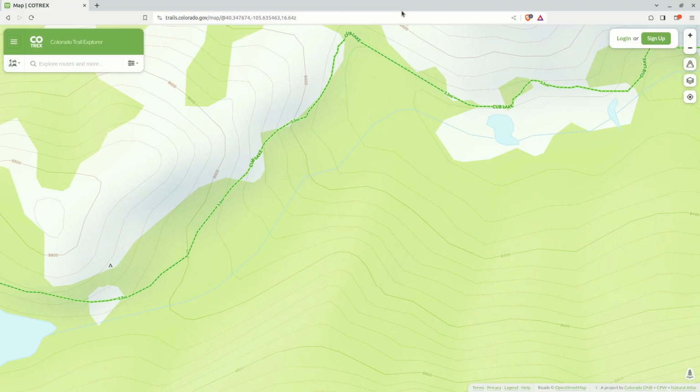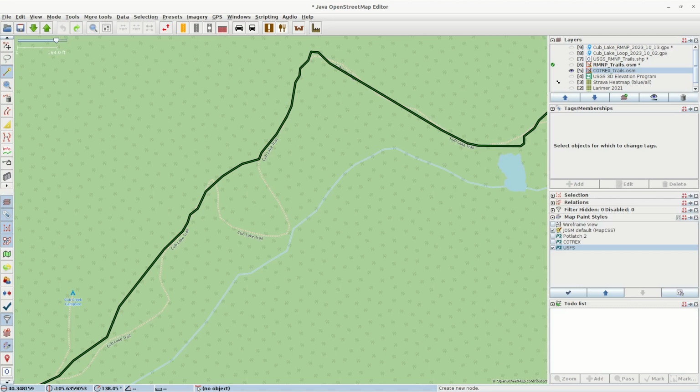I'm displaying the actual COTREX web app or web map right now, just so you can see that this is not a case where the data has been updated but not yet released to the public. So indeed, the web map from COTREX shows the error as well. So how do we know that OpenStreetMap is correct or closer to the likely truth and COTREX is further from